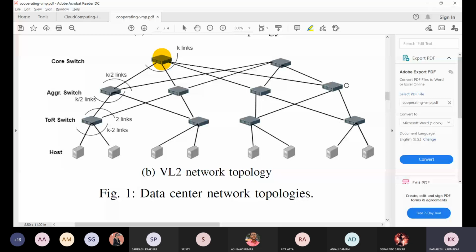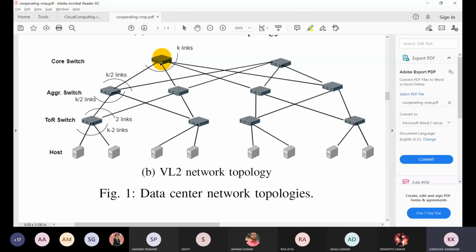In the core switch layer, there are k by 2 number of core switches, and every core switch is connected with every aggregation switch, as mentioned earlier.